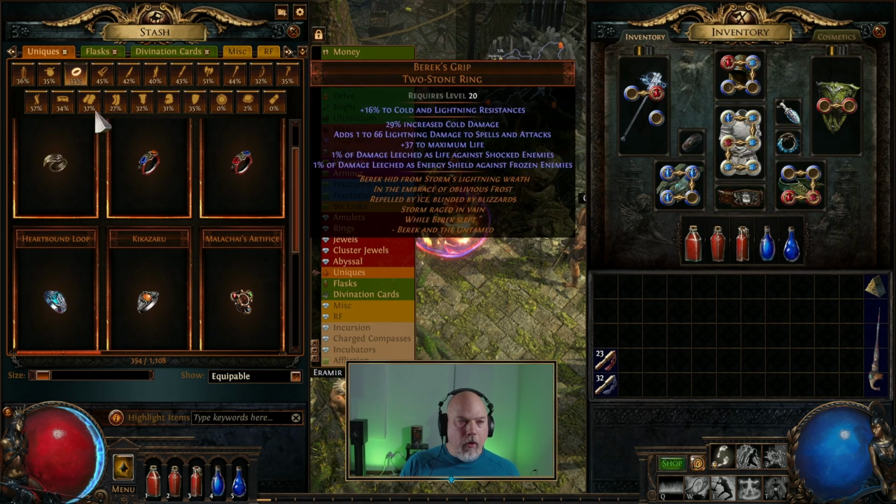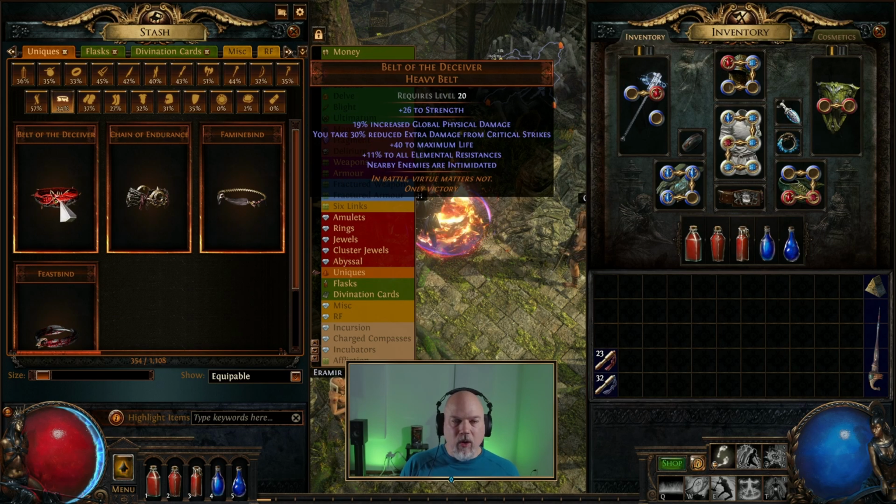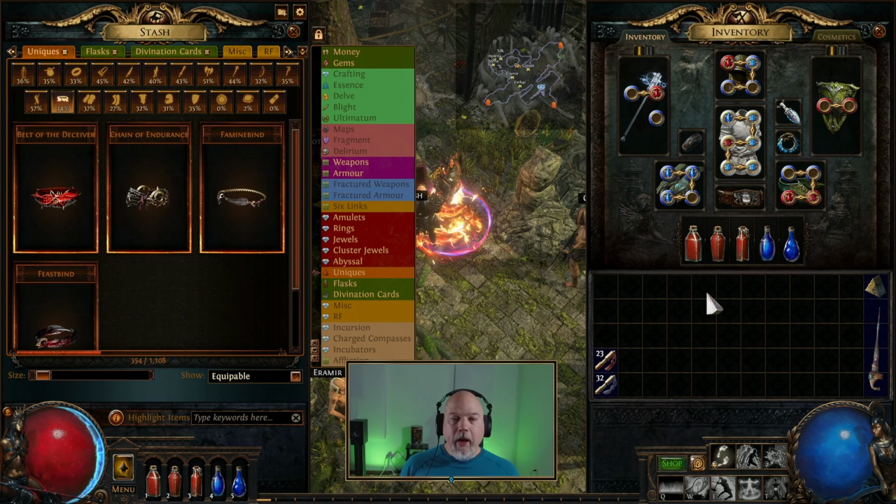It's probably the only belt that I can equip. Well, I've added this one, but this one does elemental resistances, so maybe I'll switch this out for a little strength if I need it. But the point is,